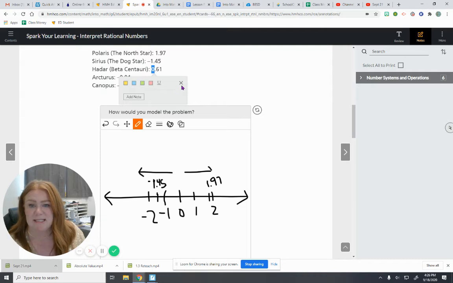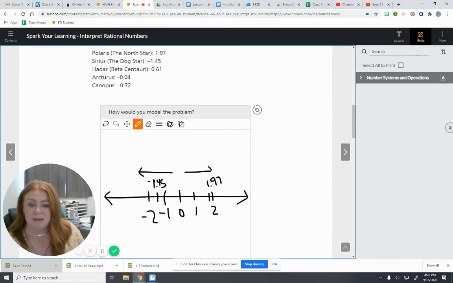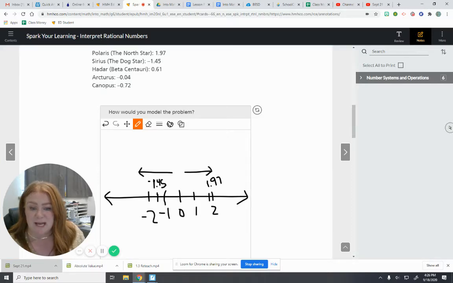So next we have 0.6. So I can see that it does not have a whole number. So it's going to be somewhere by 0. But I notice it's on the positive side. So it needs to go toward the 1. So it's going to be somewhere between the 0 to 1 category, just a little past the halfway mark,